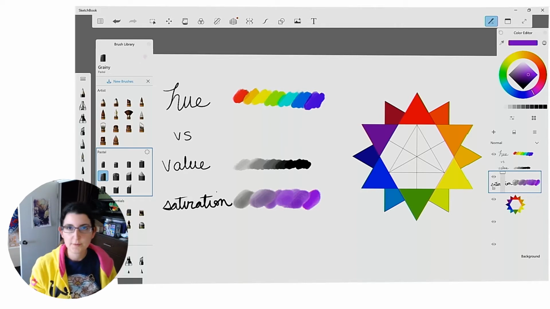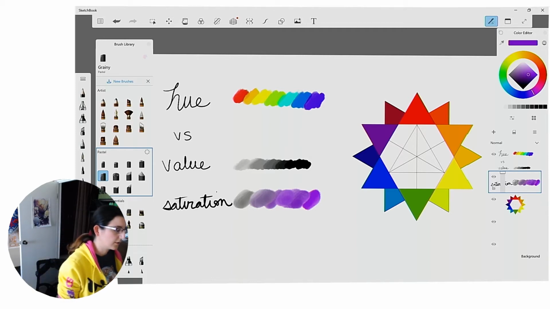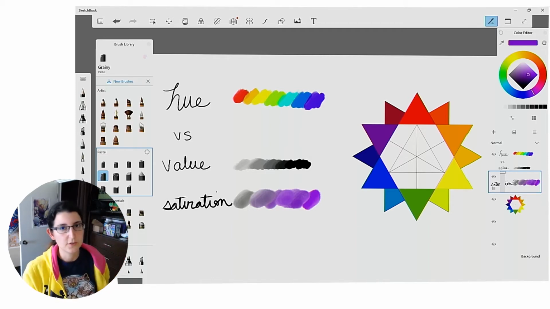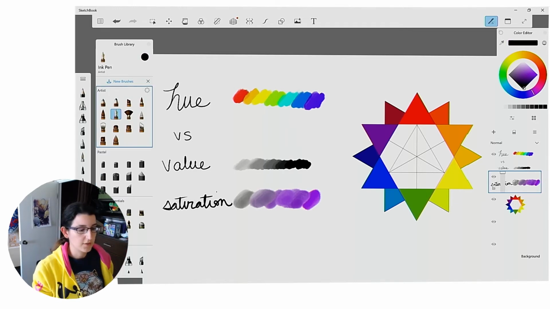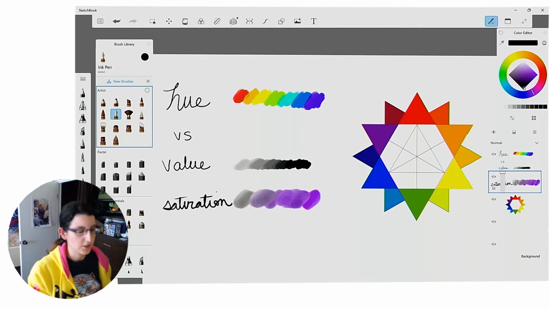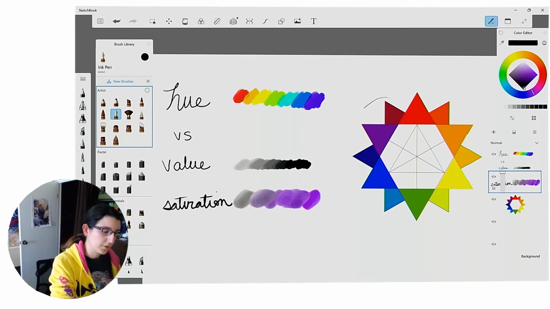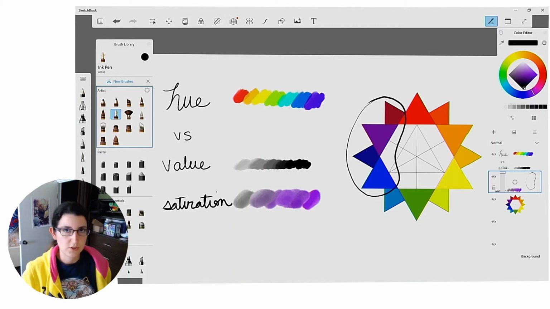So today I'm talking about complementary colors and a quick review of what analogous colors are, because that is going to come into play here with the lesson today. Analogous colors was 3 to 5 colors on the color wheel that are adjacent to one another. So for example, creating a piece of art that would use these 4 colors. They're all next to each other, and that creates an analogous palette.